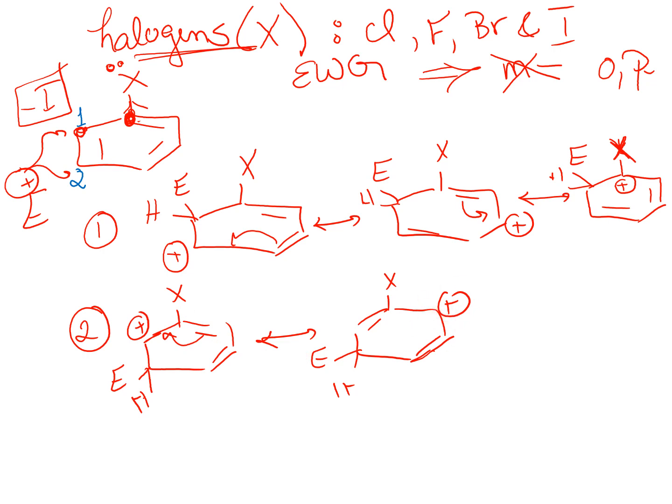So this is not preferable. Going to position 2, or going to the meta position, is not preferable to the electrophile, because in this case the halogen is not forced to give its electrons by resonance. This halogen will not give its electrons by resonance, because the carbon immediately attached to the halogen did not carry a positive charge. If you want to run this on the para position,